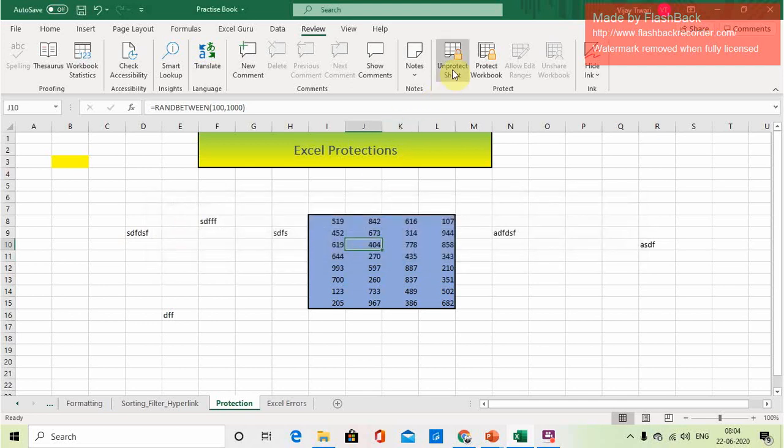Alright, so we understood the complete sheet protection, cell protection, and range protection.